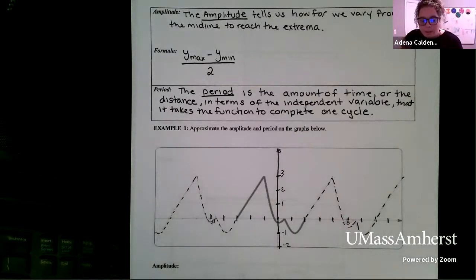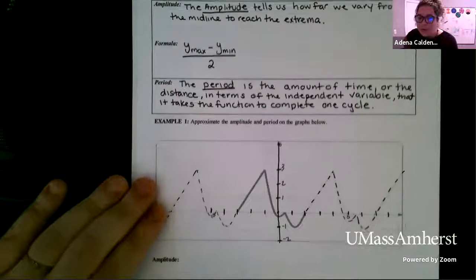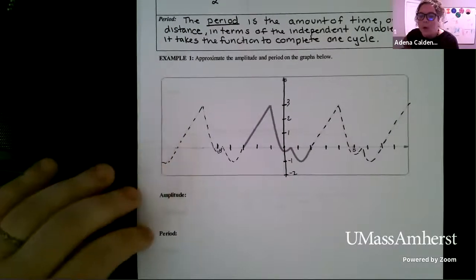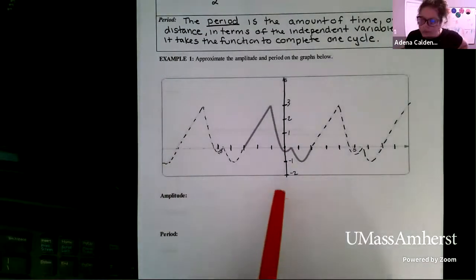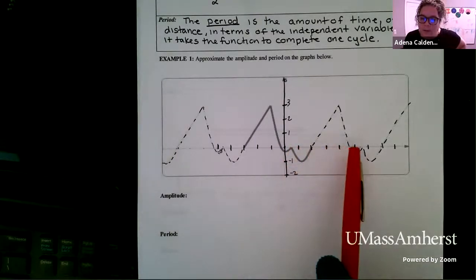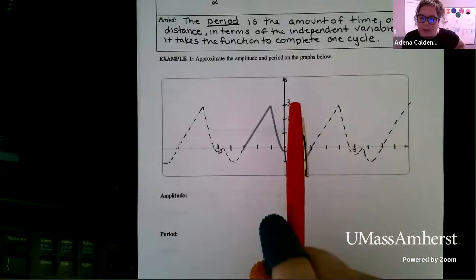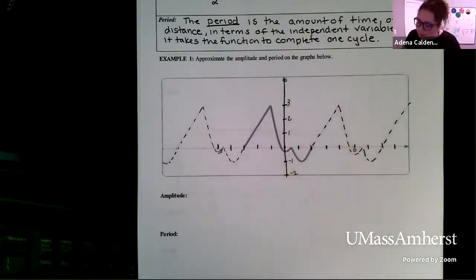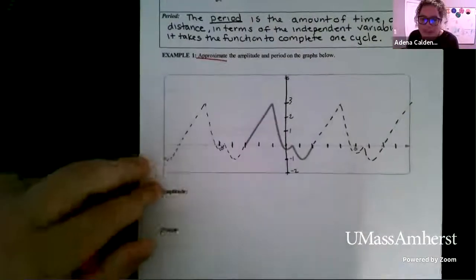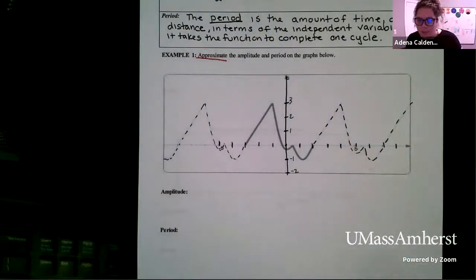So we're going to look at some examples. We're going to look at those 3 pictures we looked at before and try to figure out the amplitude and the period based on the graphs. We'll do the first one together, and then you'll have a chance to try some. I tried to mark on these graphs, because they're kind of hard to see, that each of these hash marks is 1. So we can figure out where we are. That's 3, and then down here is -1. Here we're just approximating, which means it doesn't have to be perfect. We're just trying to get a good approximation.